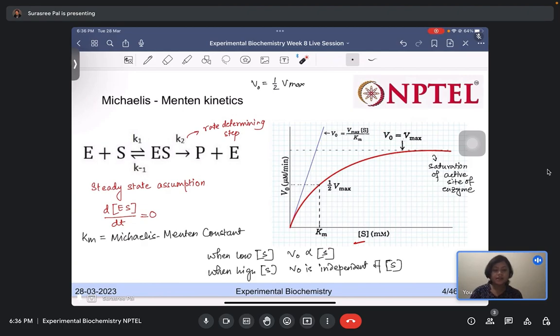And there is another term, which is the Km. The Km, the Michaelis Menten constant, we can also determine from this graph. When V0 equals half of the Vmax, then the substrate concentration becomes equal to Km. So how does this occur? Basically, when V0 equals half Vmax,